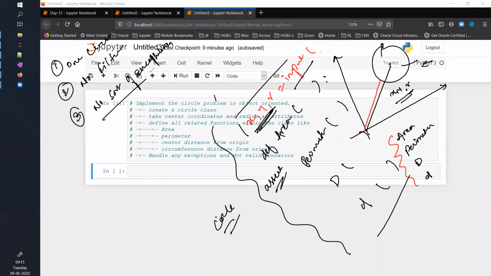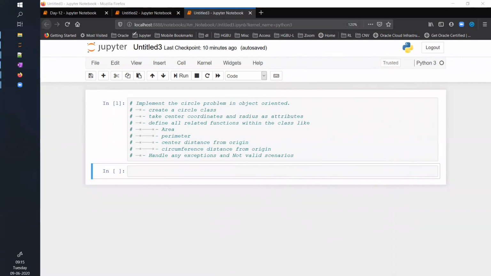In object-oriented programming, you first need to create a class. You have some prototype, some design, some plan, and then every time you are creating a replica of that. That is what a class is. So basically, I will be creating a blueprint of circle here. So I will say class Circle, then give this colon, which means I'm starting my circle definition.